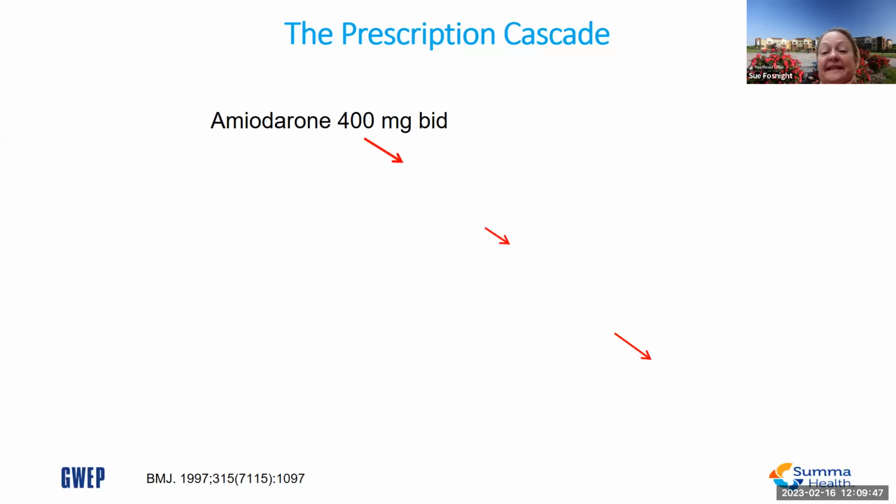All right, well, it's actually a loading dose for a patient. So amiodarone is a drug we use for cardiac arrhythmias, and it's a loading dose. So usually it's given for 2 to 3 weeks, depending on the patient's weight. But this particular patient actually had an error occur where they were continued on this amiodarone long term.